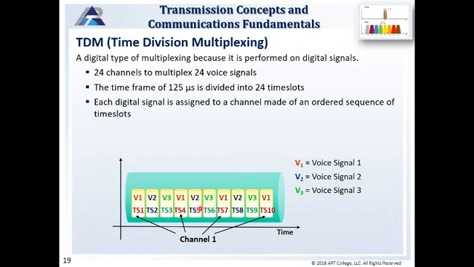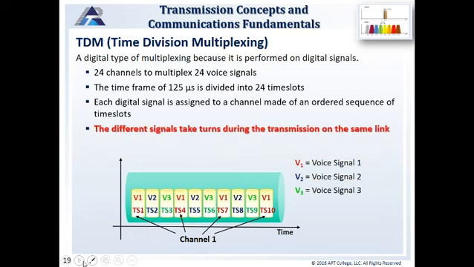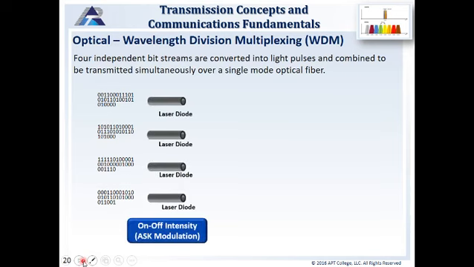broken up among those 3 voice signals. Different signals take turns during the transmission on the same link. This is only 125 microseconds for each signal, so they're transmitting their information during their predetermined time slots. For wavelength division multiplexing,